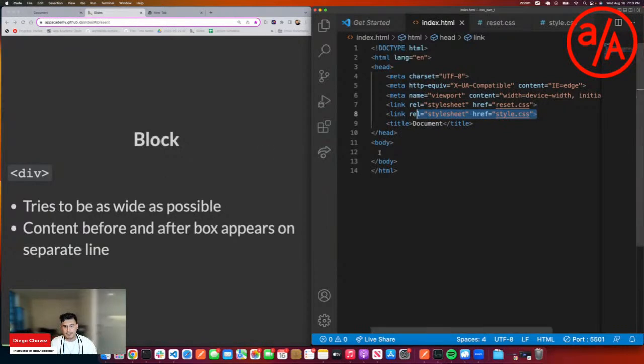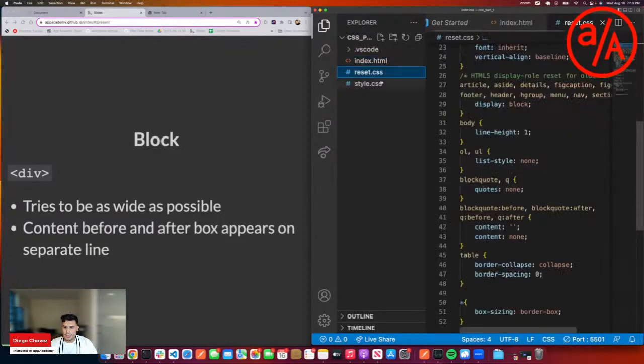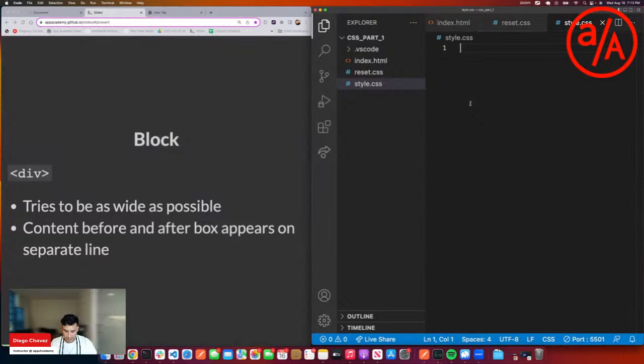So, display block. If I were to do a div like this, a div by default has a display block property. So if I were to give this an ID, and let's just call this block, and then I were to go to my style.css and select it